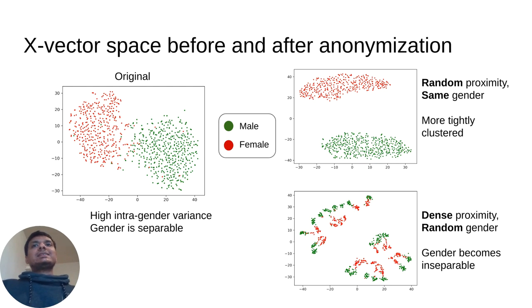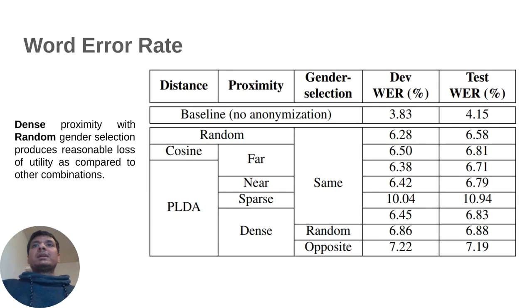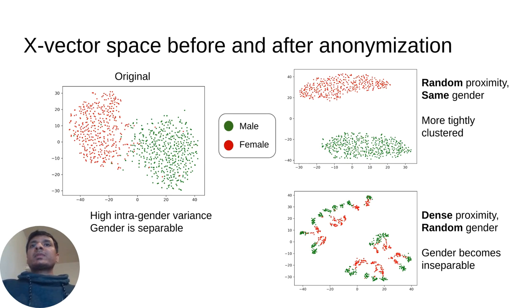Now let us look at the TSNE representations of the X vector space before and after anonymization. On the left, you will see the original representation where intragender variance is quite high and genders are also separable. But if you look at the plots on the right side, the first plot indicates the anonymization produced after random proximity and same gender selection. You will see that the genders get more tightly clustered now, and even the separation between genders has widened. So this is not quite